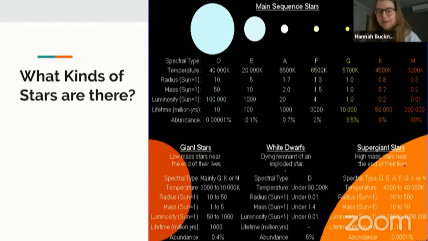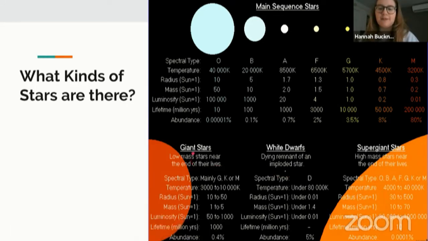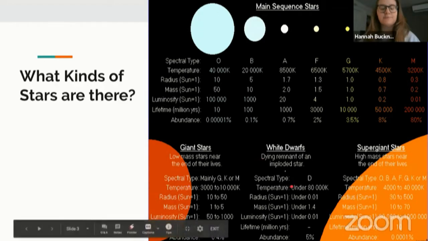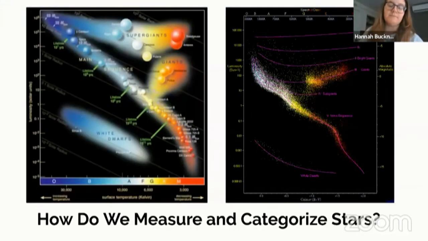And then lastly, we have white dwarfs that are very small. This dot actually, if my cursor can get there, it is about the size of Earth. So you can actually see how big our planet is in terms of our sun too, because you have a white dwarf that is the size of Earth, and then we have a G-type star, which is our star. So we'll get to main sequence stars in a second.